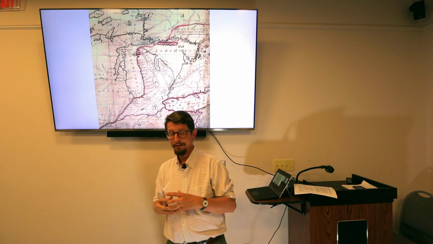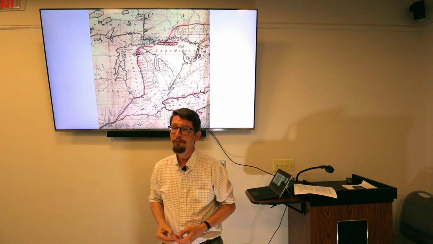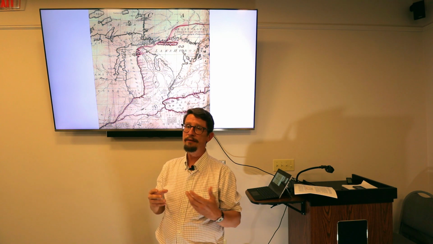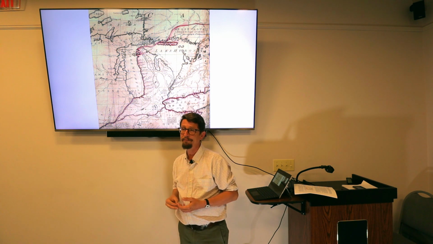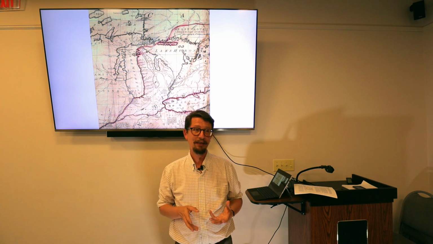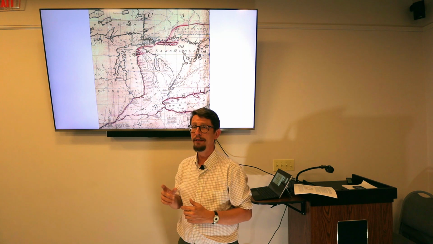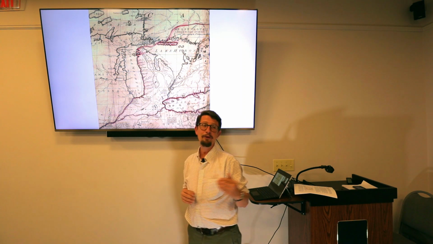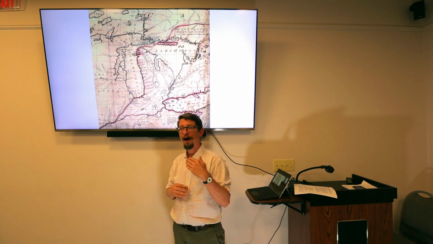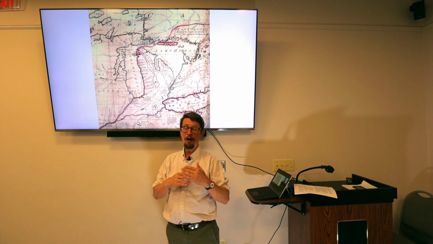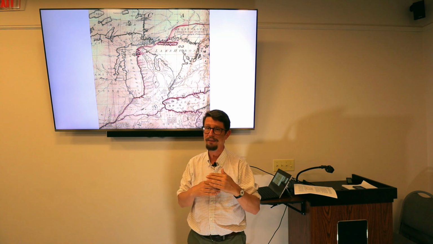But, so Ohio becomes a state in 1803. They start to organize the territory of Michigan in 1815. And this is where it gets interesting. Michigan decides that they're going to go by the new map, which puts Lake Michigan where it's supposed to be, and they're going to draw their southern border off of it, which automatically puts us into a conflict.